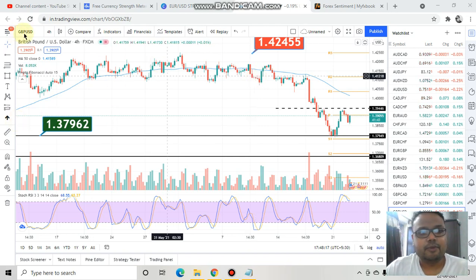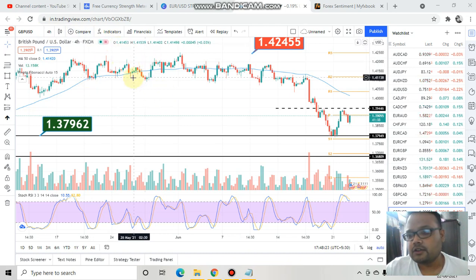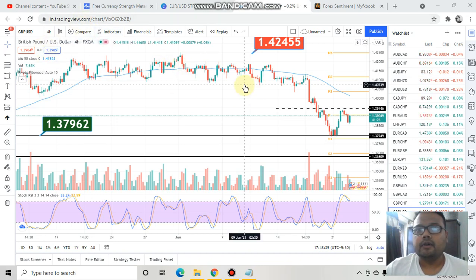So this is the chart of British Pound US Dollar, GBP USD, and as you can see, this is the 4 hours chart, my favorite 4 hours time frame. The chart is somewhat similar to the chart of Euro USD, but we have some opportunities here to trade. Whereas the chart of Euro USD is dull in comparison to the GBP USD, because we can